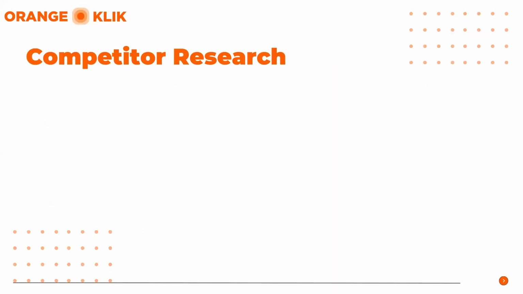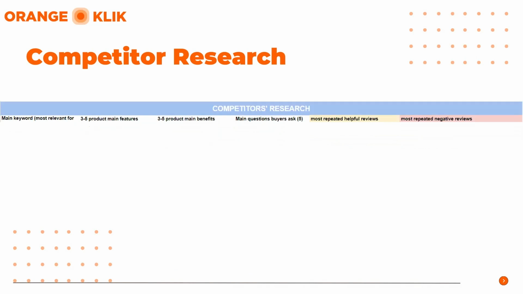For example, you have already done your keyword research and now you're on to your competitor research. Doing your competitor research means gathering data from your top competitors, looking at each of their product listings, and seeing what possible keywords you might encounter and what recurring issues and problems they are currently having with their products. The purpose here is to gather the most common keywords and the product features they use to describe their product.